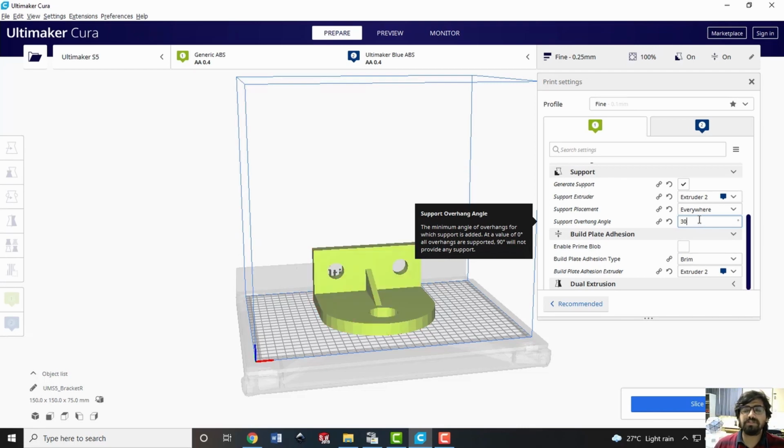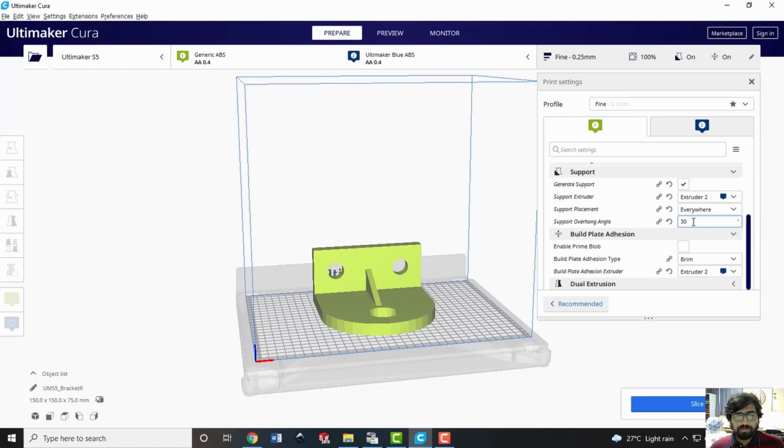Usually all 3D printers give us a tolerance beyond which only the support is required. Let us assume that that angle is 30 degree. Meaning to say, if this is the build direction and the triangle is having an angle of 30 degree from the build direction, it will not require support. And if it has a smaller angle than 30 degree, definitely it will not require support. But if it is having an angle more than 30 degree from the build direction, it will definitely require the support mechanism. So this is about the support.